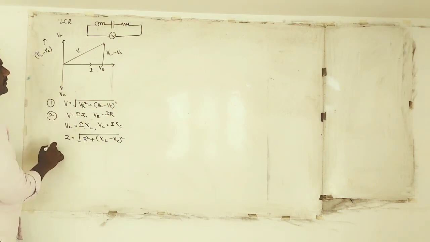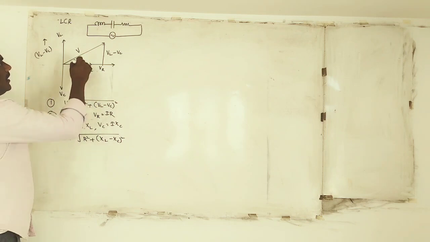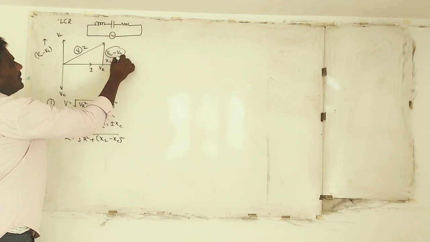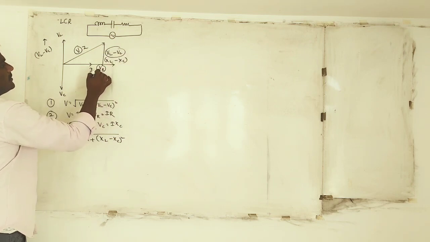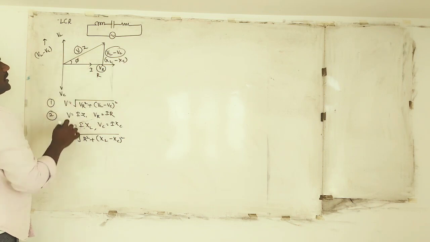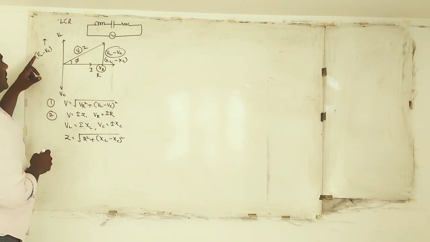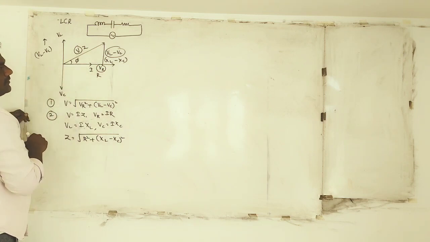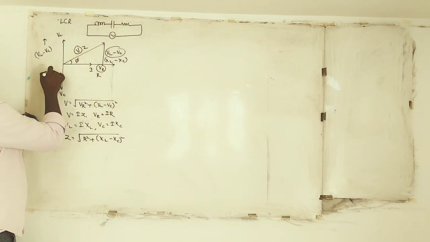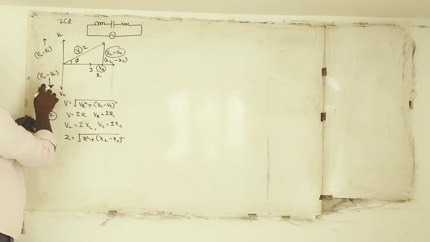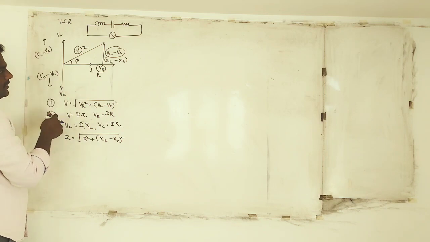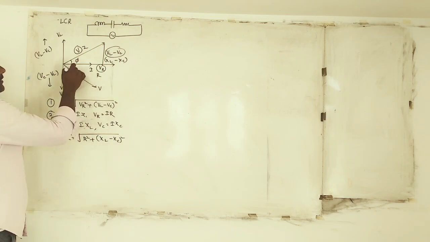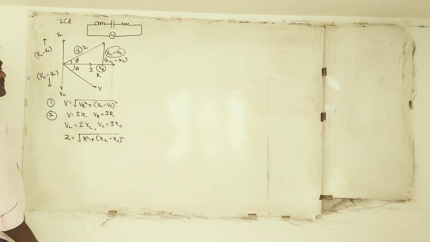Then for convenience I will replace this V as Z, this as XL minus XC, and this as resistance. Then this will be the phase angle. See here, I took the condition VL greater than VC, hence voltage leads the current by an angle phi. If you take the condition VC greater than VL, then VC minus VL will go along VC. In that case you will get the phasor diagram in this direction. Then the voltage will be here and the current leads the voltage in that case.